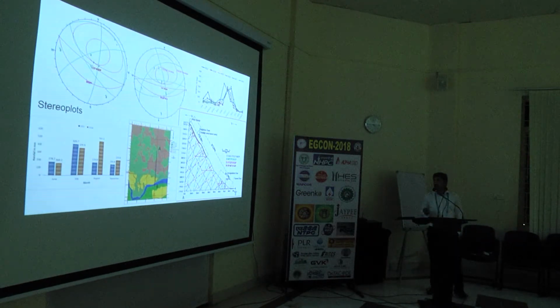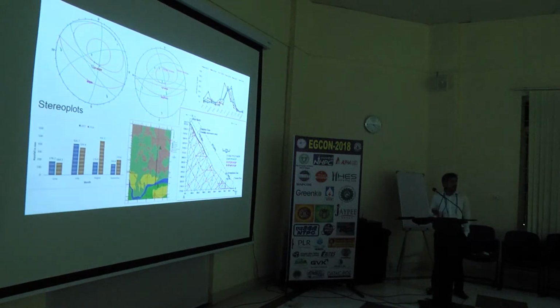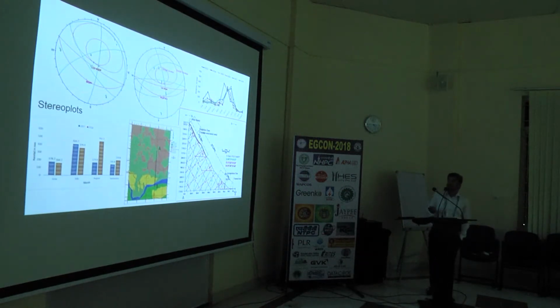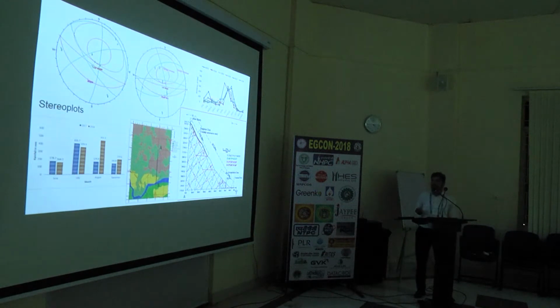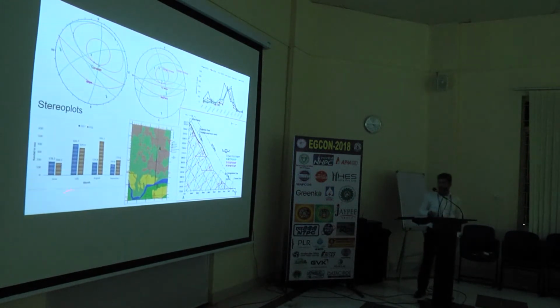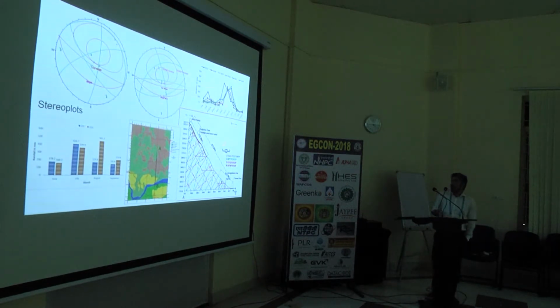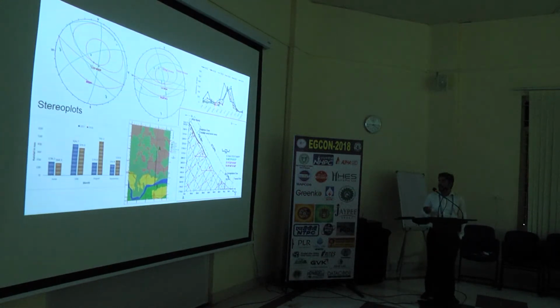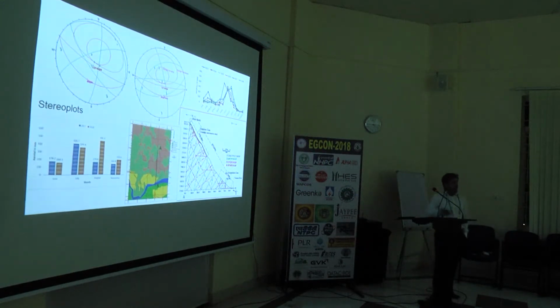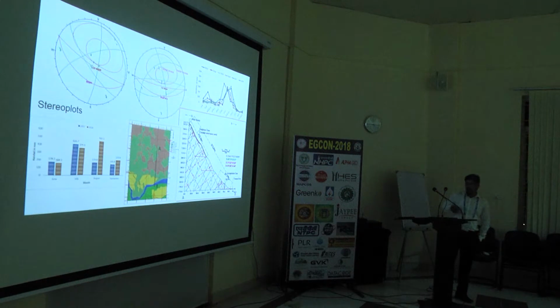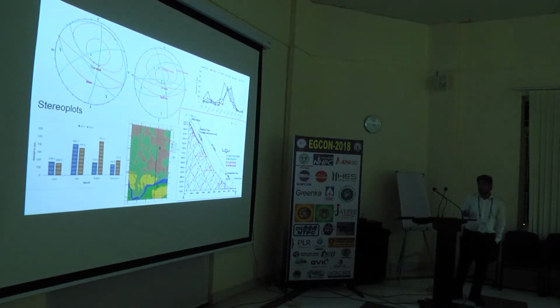I have plotted this rain data for almost 5 years, from 2013 to 2017, and the data of 4 months, June, July, August, and September of 2018. The source is the IMD site, and I have seen that there is maximum rainfall from June to July. The intensity of rainfall is highest in these months, and again the slide is happening in the same period. So rainfall is one of the factors which is initiating the slide.